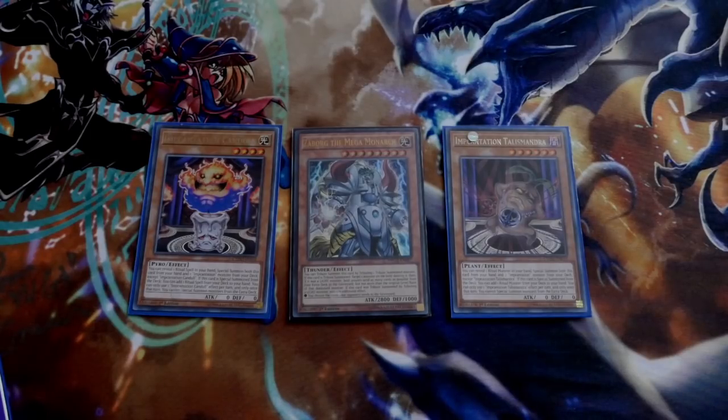So if you want to side in 3 Reaper, by all means go ahead and do so. If you want to side in 3 Mega Monarchs, or main 3 Mega Monarchs, you are going to be causing your opponent a lot of issues. You take out all their main combo pieces, especially in Goki where they've got to go through quite a lot. If you get to take out 8 of their cards, you are leaving them with 7 cards to play from